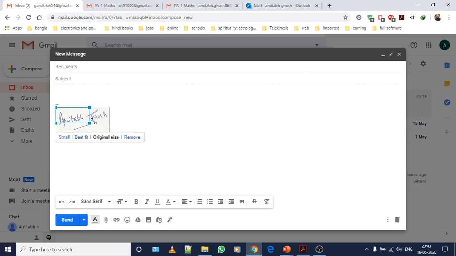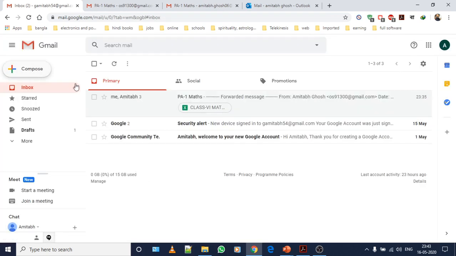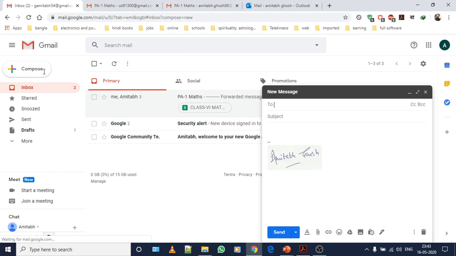You can adjust according to your choice. You can increase and decrease its size. Write proper email address, subject, body, the message that we're going to write over here, and once you are done, click on send. So let me show you again.